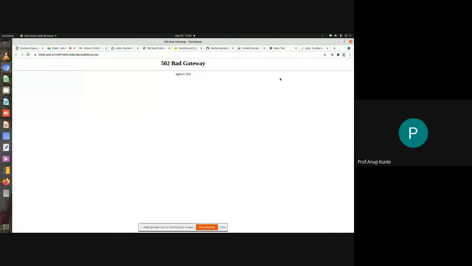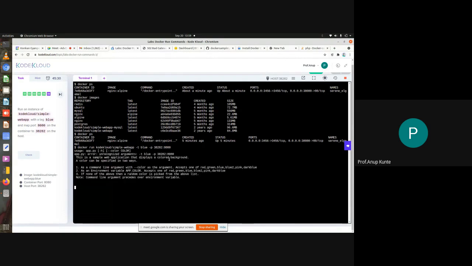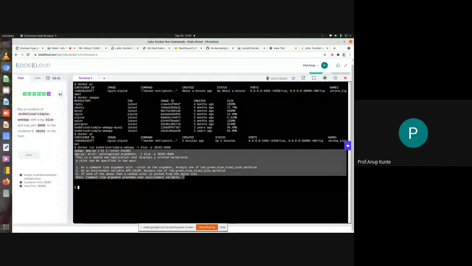So currently you will find that this port is not exposed. There's nothing running on this port. But after executing this command, we expect that our web application, which is a simple web app, should run on that particular port. So I'll just execute this, and if we have written the command correctly, probably it will start that particular application. So it's not executing. It gave certain error message, and it just came out because there is some issue in how we ran the command.